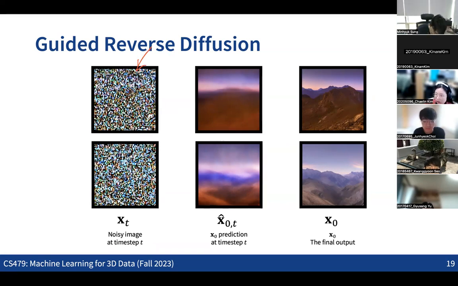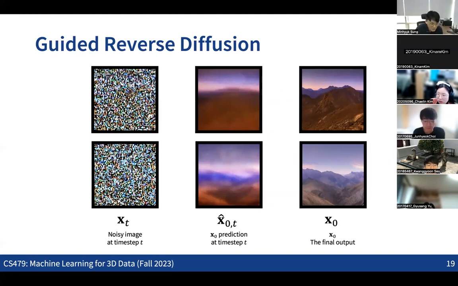So you can see that these are some of the outputs of the noisy images. And then using the noise prediction, we can get a prediction of the final output. You can see that these are blurry outputs that look not that realistic because of the blurriness here. But if you see the final output at the end of the entire reverse process, these are the real final outputs. You can see that even the prediction of the final output at the beginning step is kind of close to the final output that we are going to get over the entire reverse process. While obviously this prediction cannot be that accurate, so these two are not exactly the same, but you can see that they are kind of close to each other.